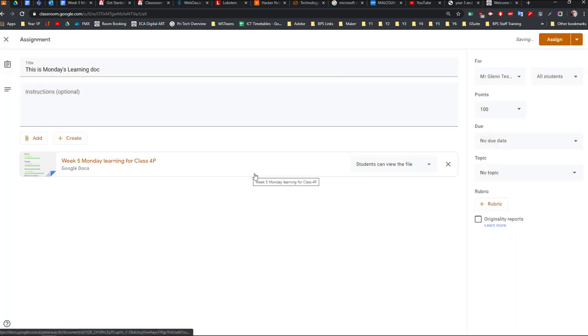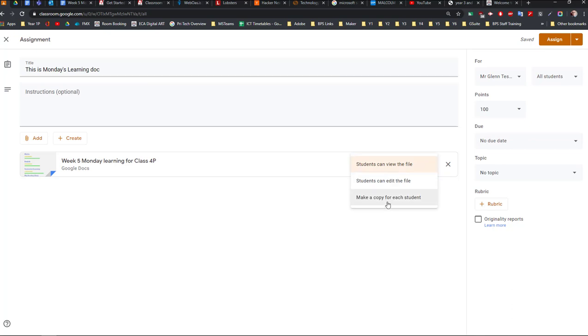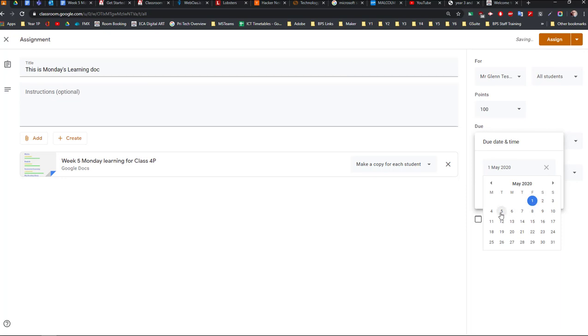So I'm going to go and add that. The important thing here is to stress that we need a copy for each child, and you'll see why, because it names this file and it gives it a name as a template in a template folder, but it'll also put the student name here at the beginning. So I want one for every student. I want a due date. So I'm going to say I want it at the end of Tuesday,